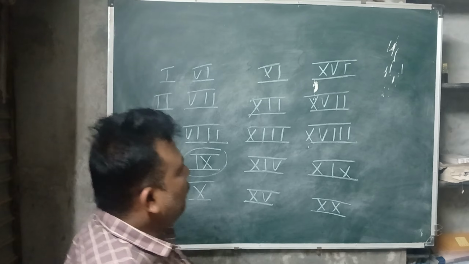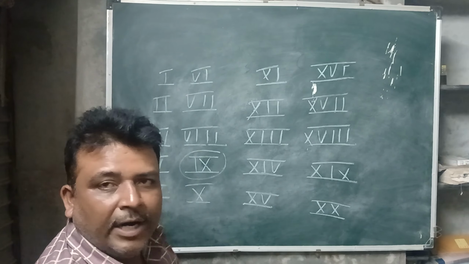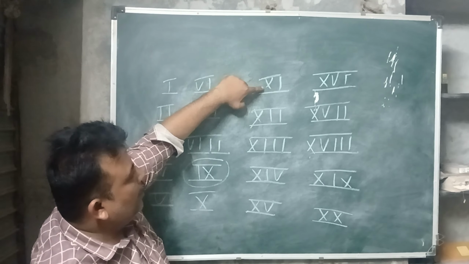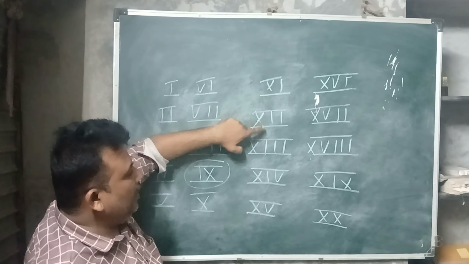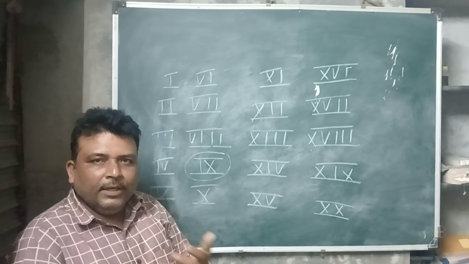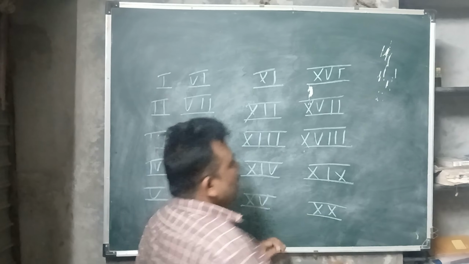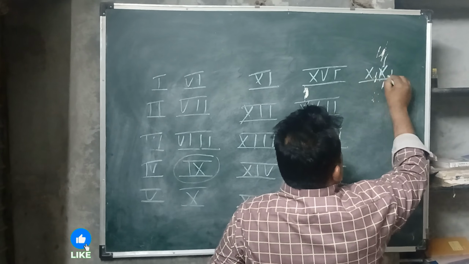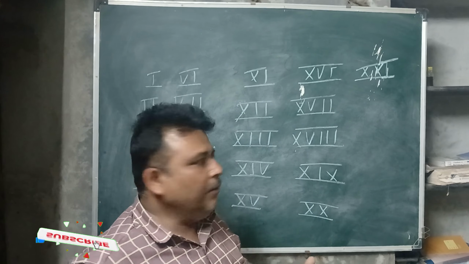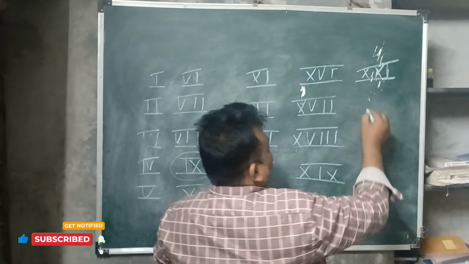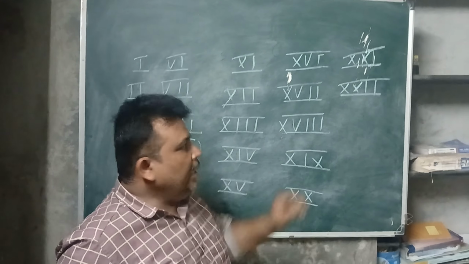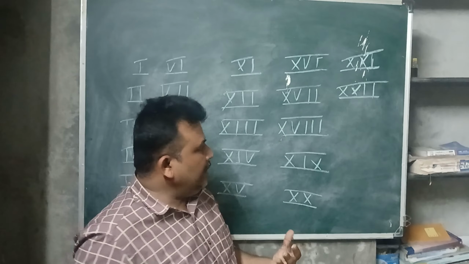Okay. Now we'll see how to write 21. It is an easy task to write. If I repeat the same thing, this is 11, this is 12, this is 13, this is 14, this is 15. If you want me to repeat, I will repeat it. But this is 20. If I add 1 to that, this will be 21. Then if I add 2, this is 22. This is your 22. Now I want to write 23.